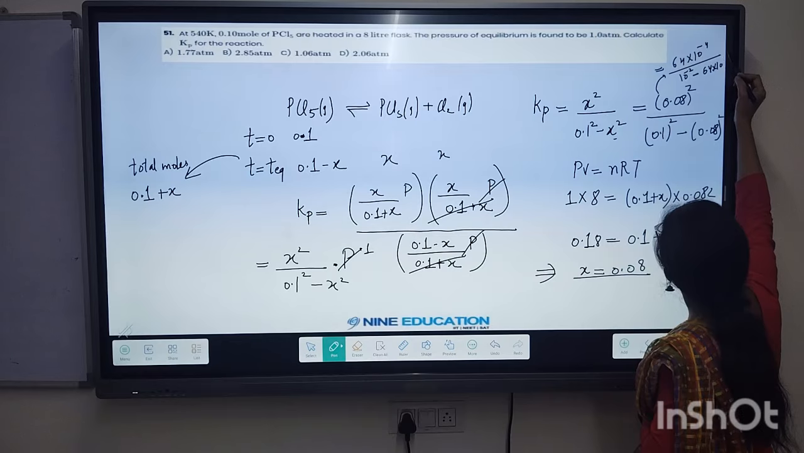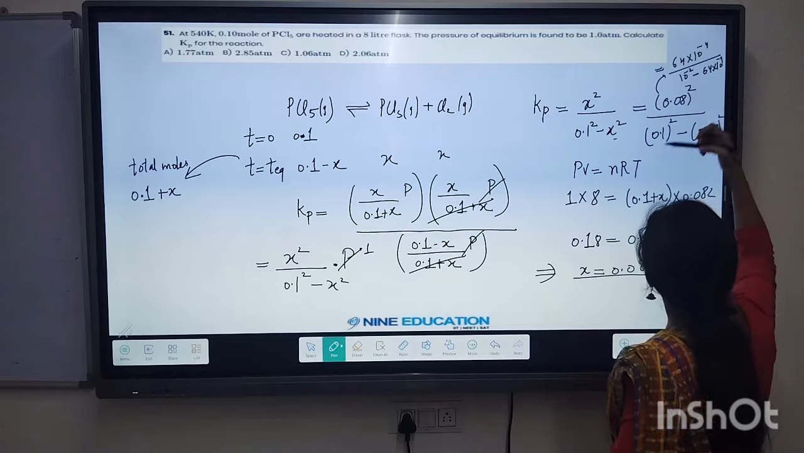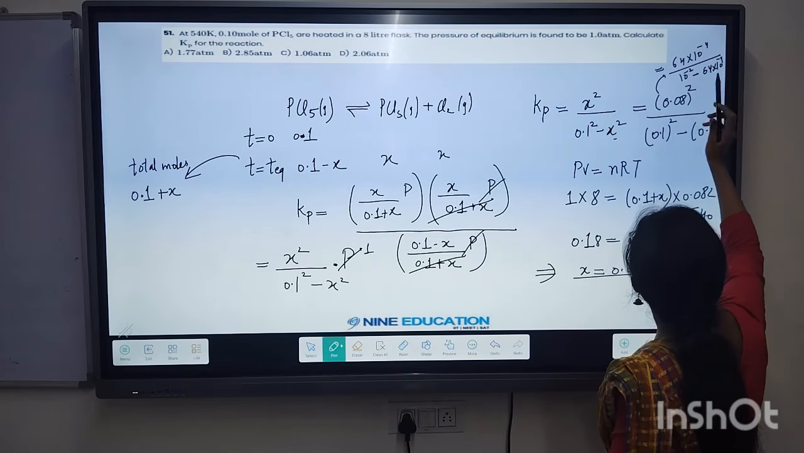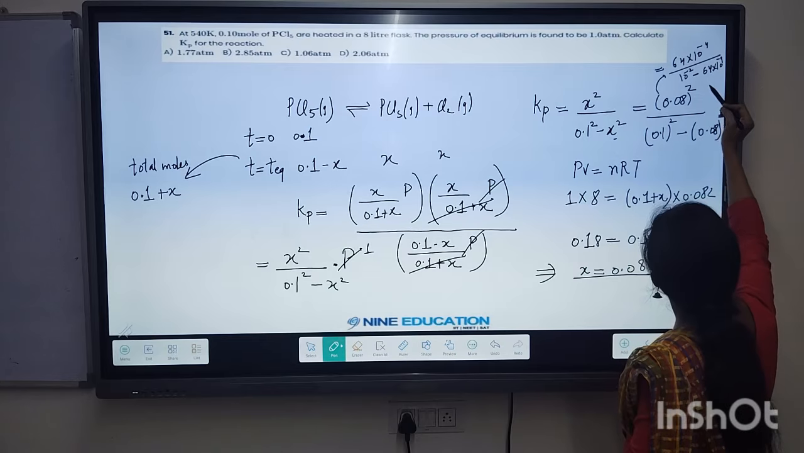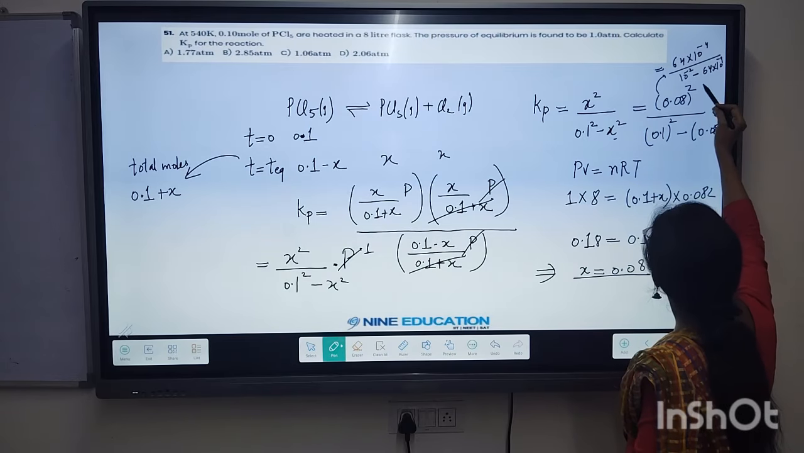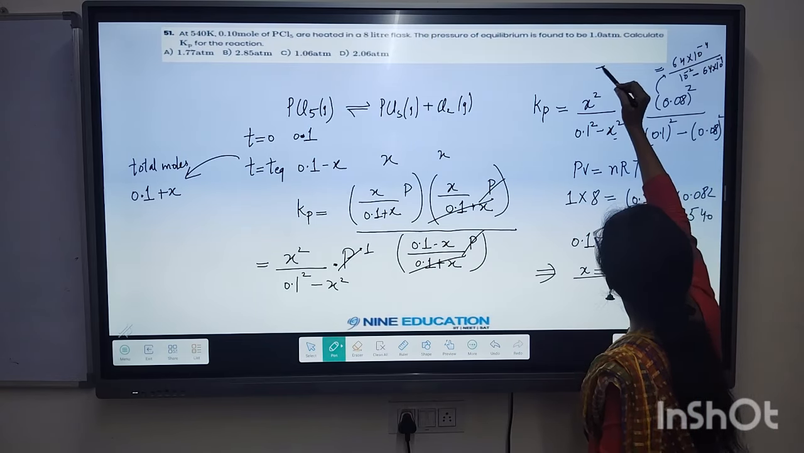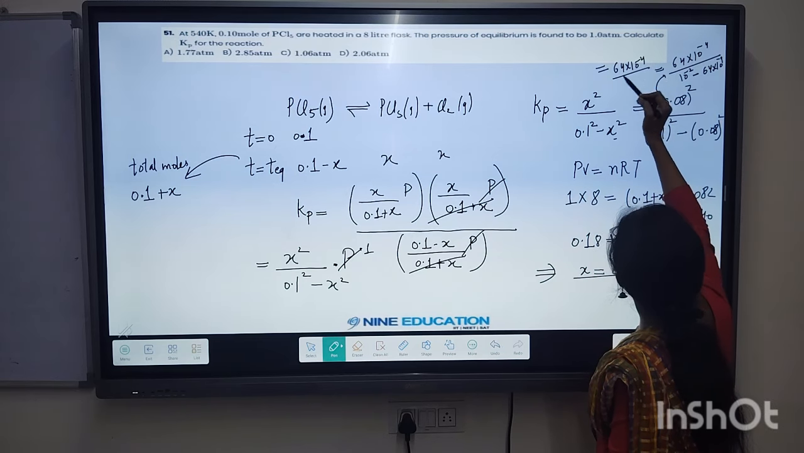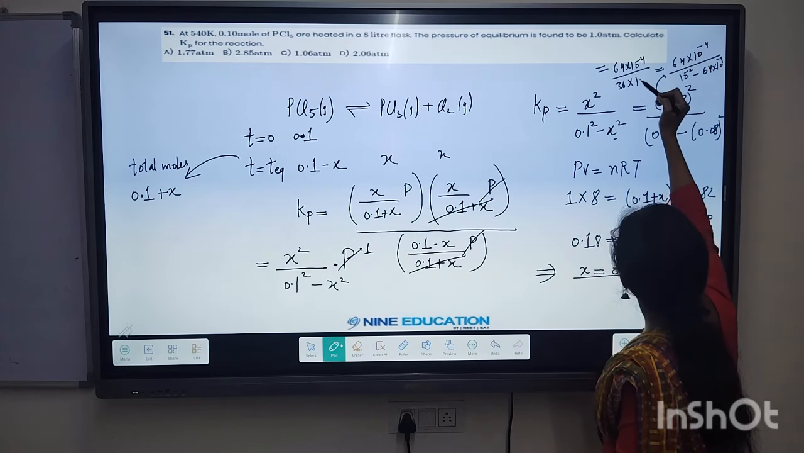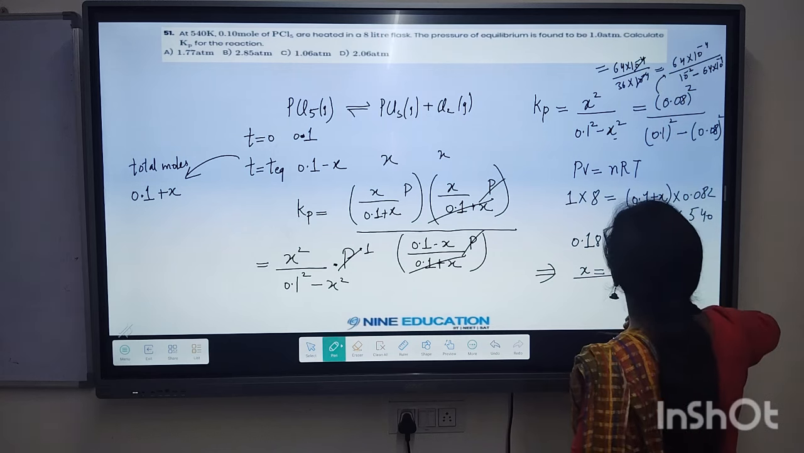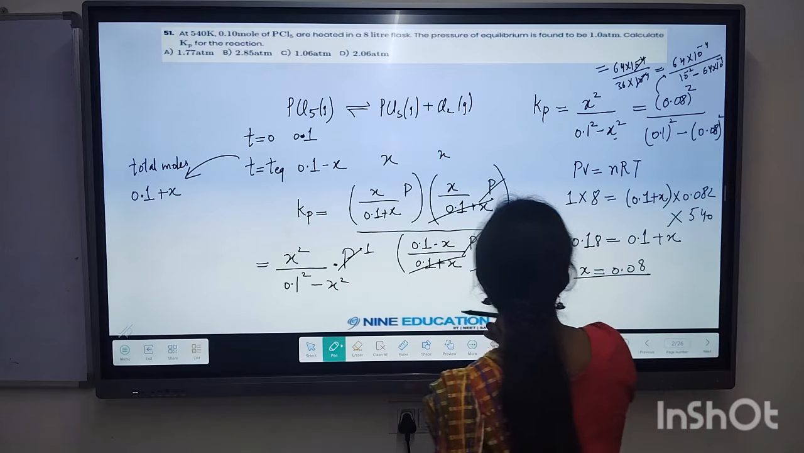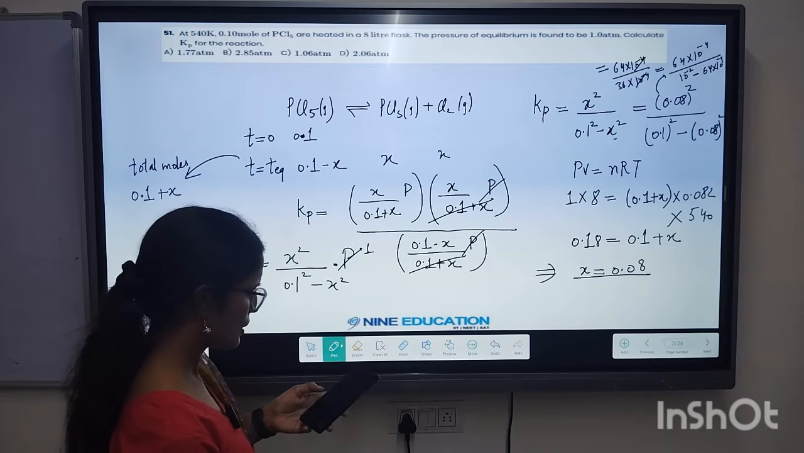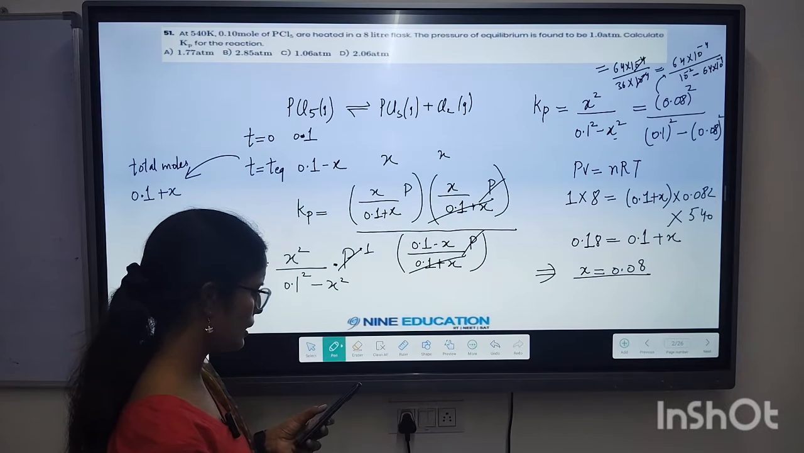64 into 10 raised to power minus 4. When you simplify it, above you will be having 64 into 10 raised to power minus 4, divided by what we'll be having? We will be having 36 into 10 raised to power minus 4. So 10 raised to power minus 4 will be cancelling out, and when we solve 64 by 36,